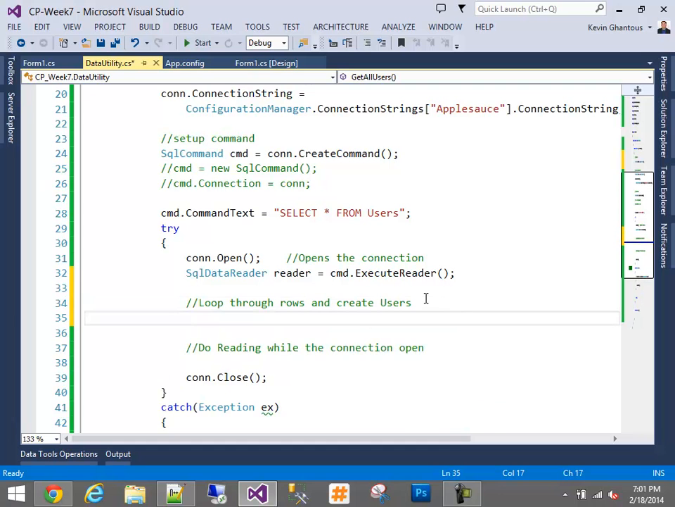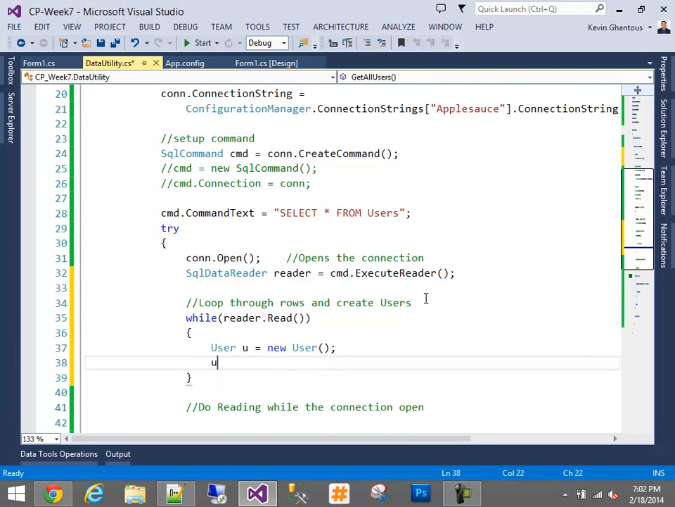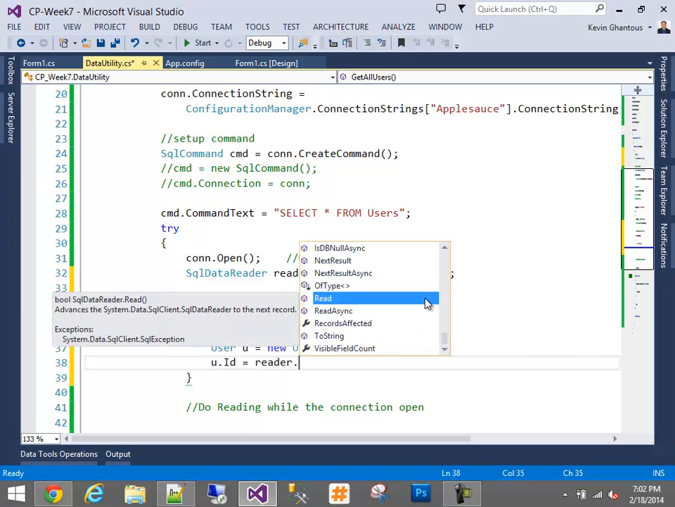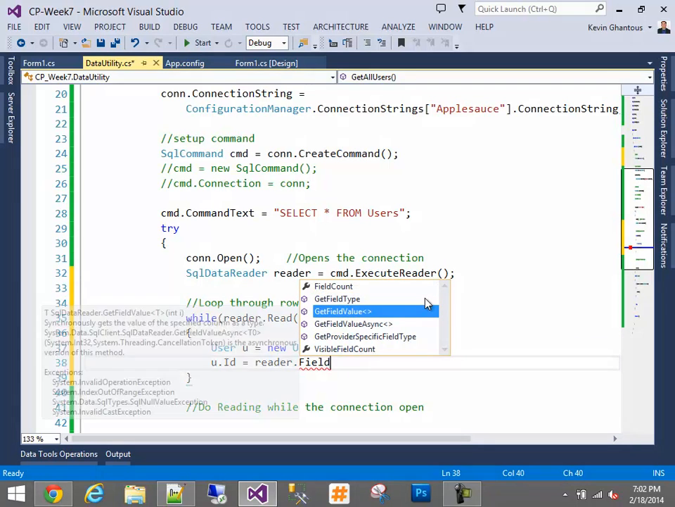To loop through a data reader, we say while reader.Read, and Read will return true if there's a record to be read off the stream, false if you're at the last record. So basically, while there's something to be read, read it. We'll say user u equals new user, creating a new user object. u.id equals reader dot, and then we can say GetFieldValue,